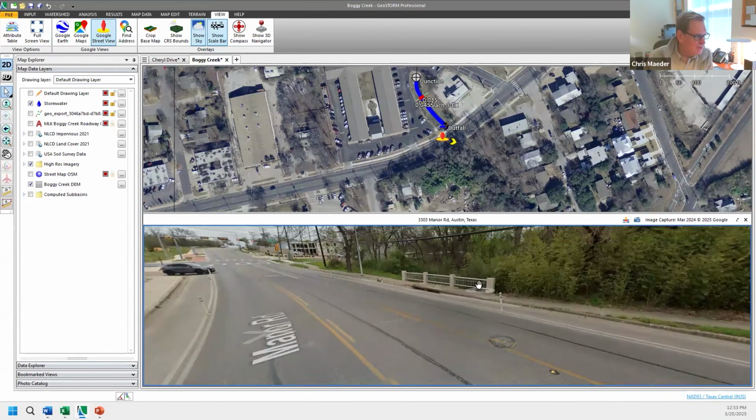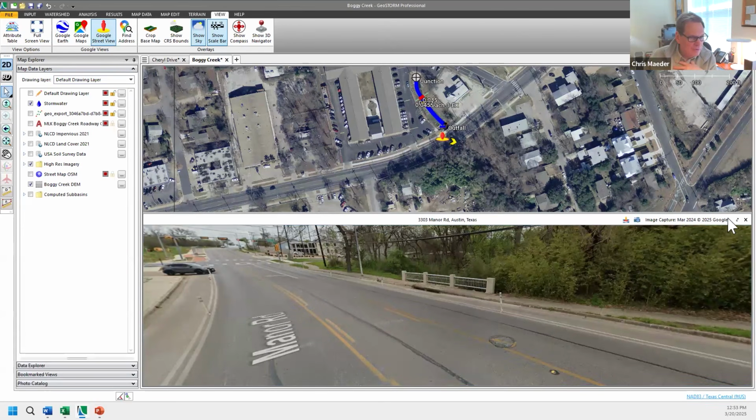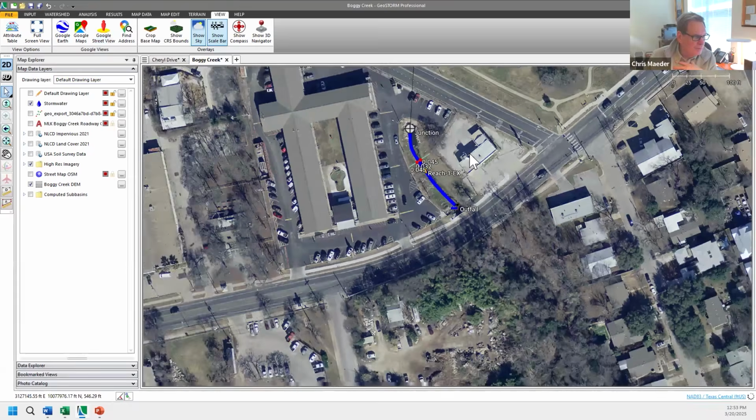And I can say, well, this is of concern. I want to add that to my project. So I hit the camera button. It'll take a picture of that, add that to our photo catalog, and then it will reference it in your engineering report. And if you have your own images, you can bring those in as well. So anyways, you can use it for other tools besides that. But anyways,